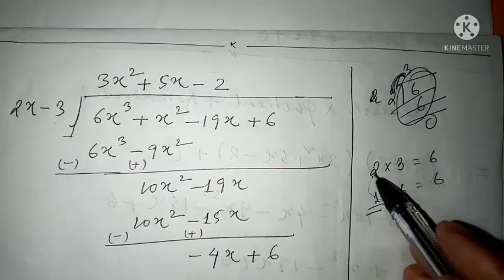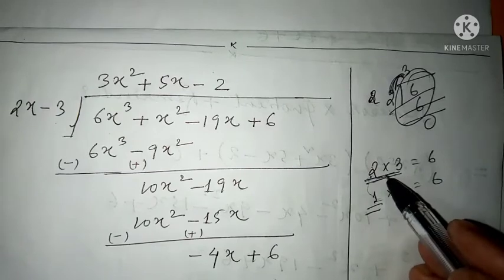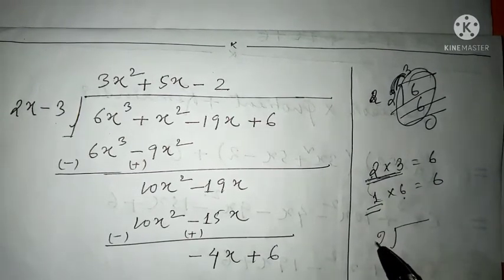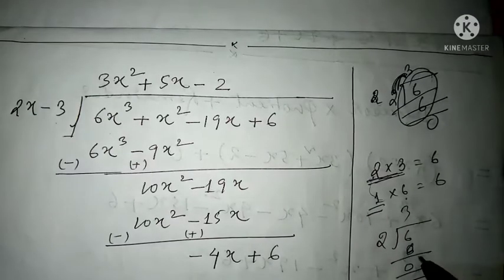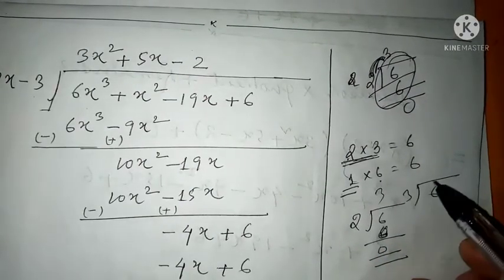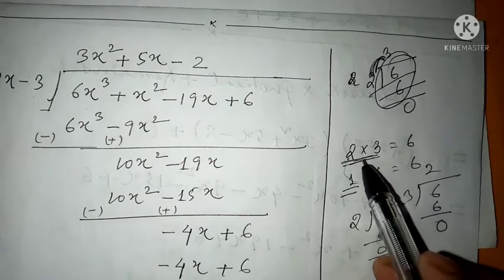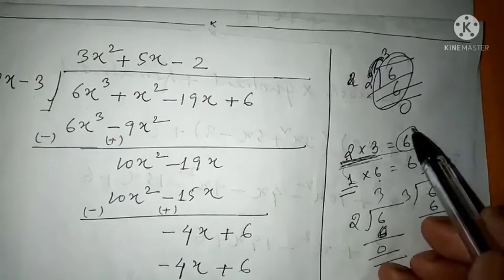Okay, now see, when it is a factor of 6, these numbers must divide 6. You see here 2 is a factor. If I divide by 2, 2 threes are 6, the remainder is 0, it is completely divisible. If I consider 3, you can check here 3 twos are 6, that is also 0. A factor of a number always divides the number.